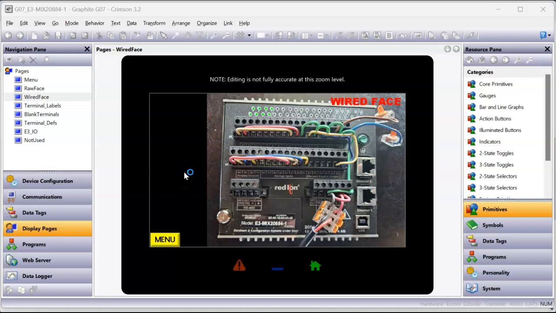Hello there, folks. We're going to build another video, this time to talk to our E3 I/O, and I've already got it configured on my network here with an IP address of 192.168.1.21. And so what I've done here is I've got a RedLion Crimson 3.2 database built that's going to simulate